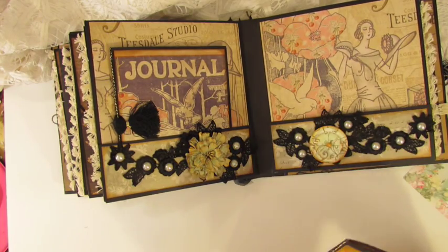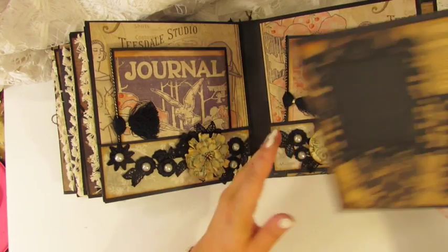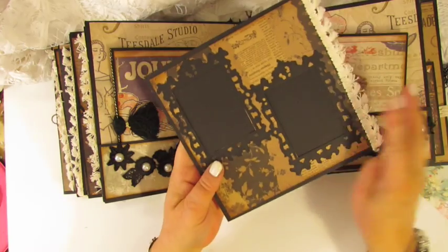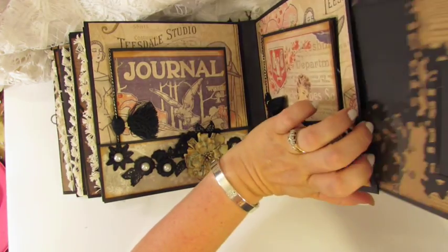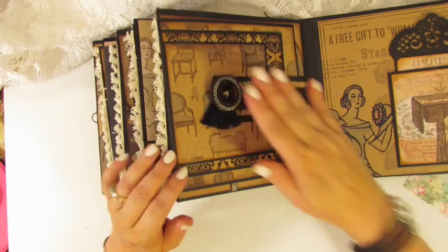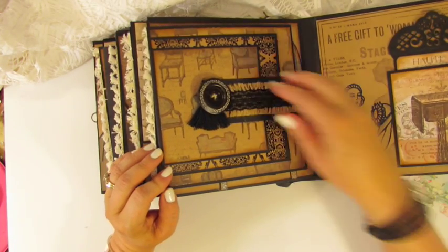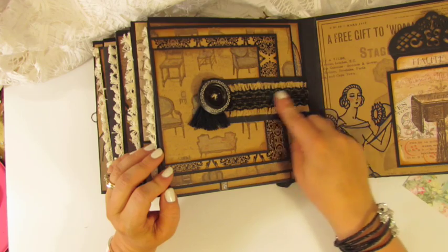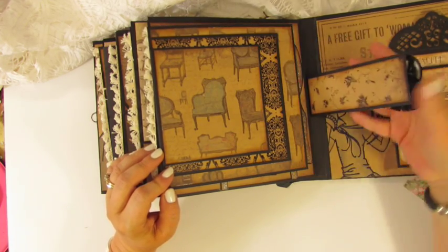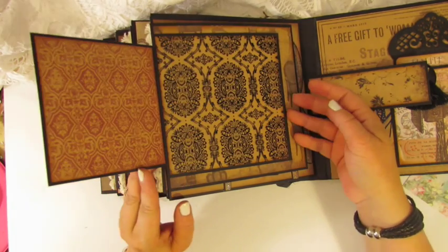Look at that. And then that tucks back in there. And again, this pulls out and goes right back in there. And then we have another plain page where I glued the button and the tassel on that one, and I used some, you know what that is, burlap trim, I guess. I love these little chairs, and I left this pretty plain except for